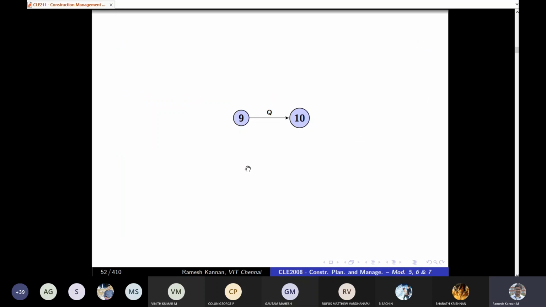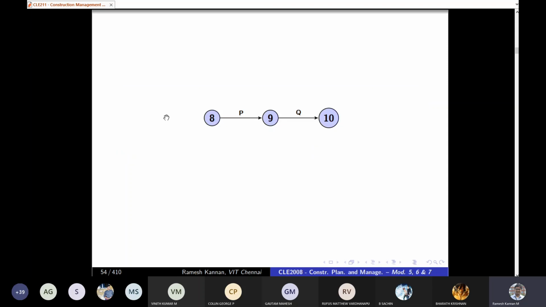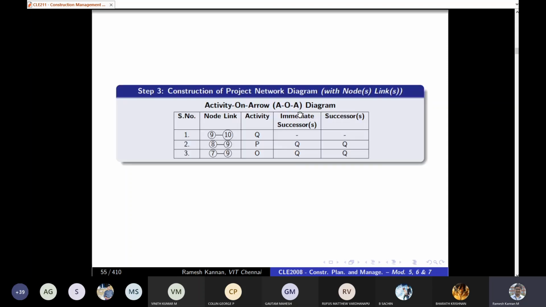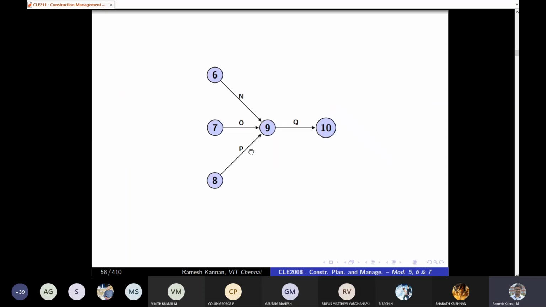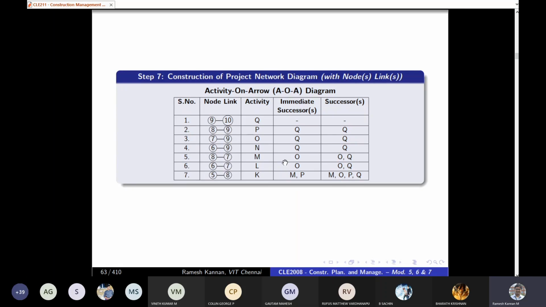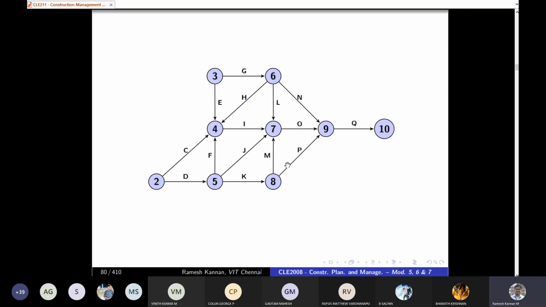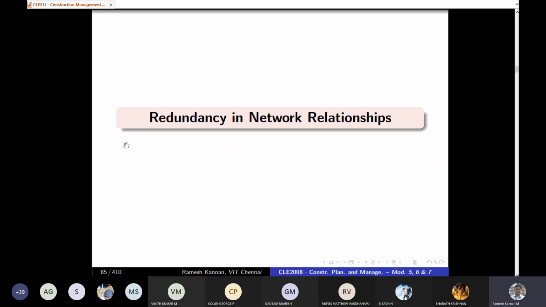Then what follows this will be the question mark. So P precedes Q, which means on the left hand side, P is a prerequisite for Q. Then same way O is also a prerequisite, and N, O, P. A couple of minutes earlier, we talked about the immediate predecessors of Q, O and P, followed by the construction of the different things. And finally, we'll have the same network diagram. So the same network diagram we have constructed from the backward. In the forward pass, we have constructed from start to end. In a backward pass, we have constructed from end to start. Right? So as simple as that.